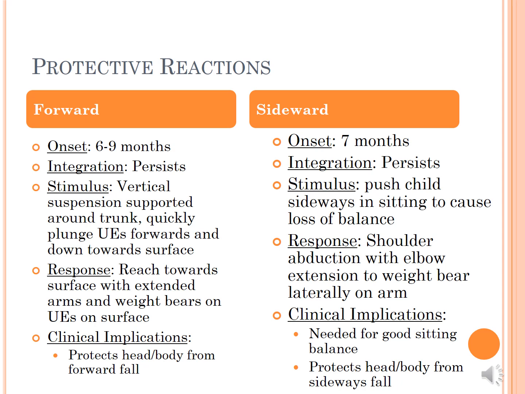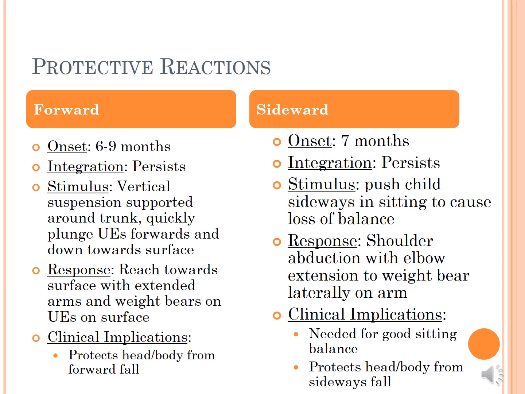All of these are going to be tested in sitting. So we've got forward, sideward, and then backwards. Forwards comes along 6 to 9 months of age. And if they're sitting on the floor, you just push them forward from behind. You should see their hands come up, protect themselves, reach out forwards to weight bear on their arms to keep